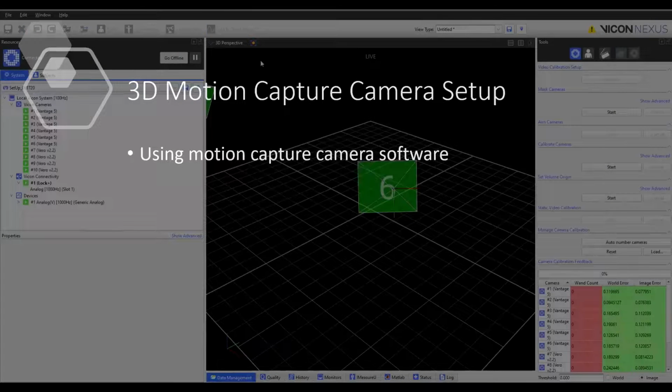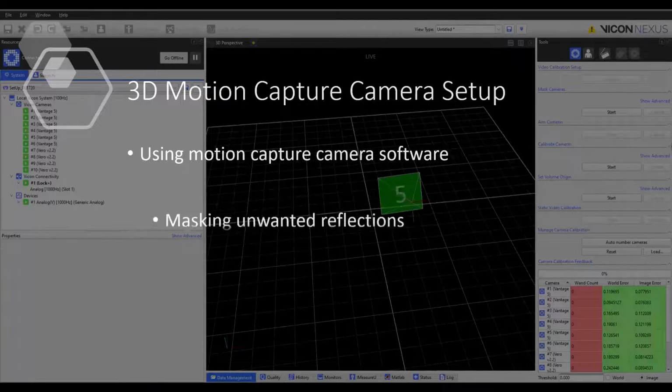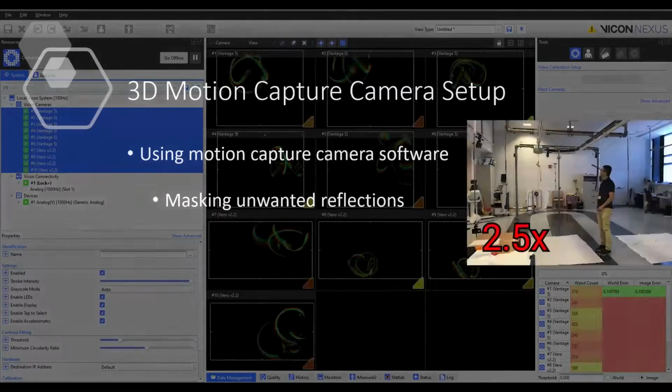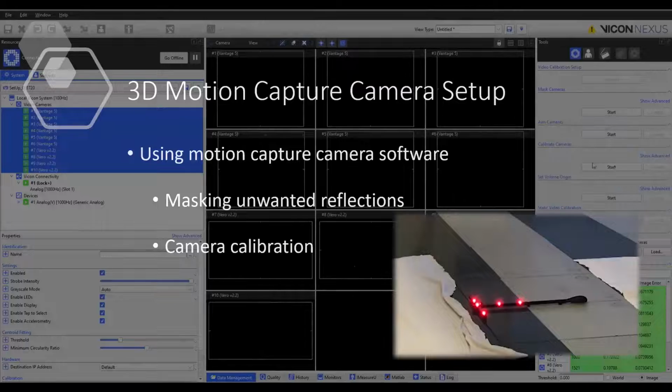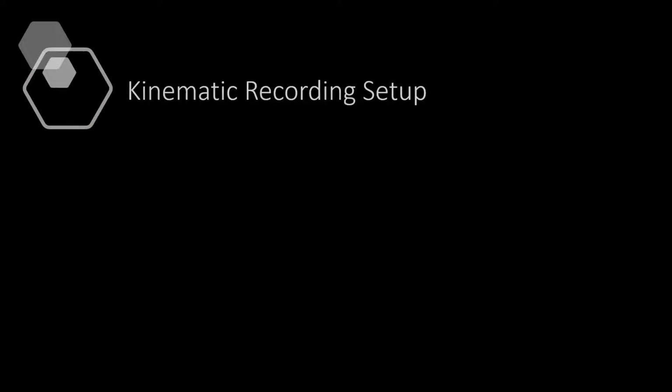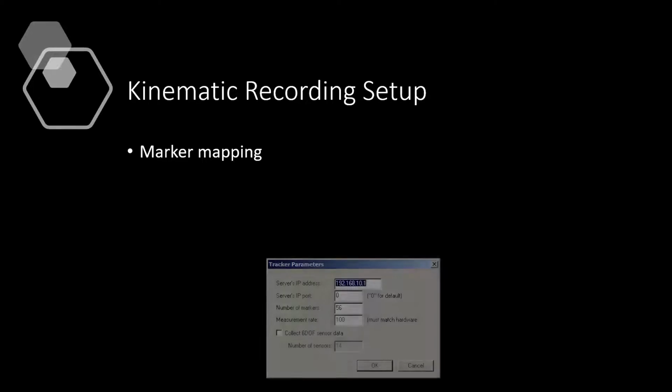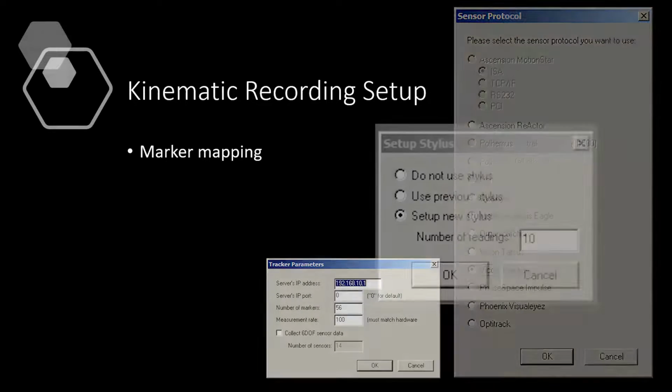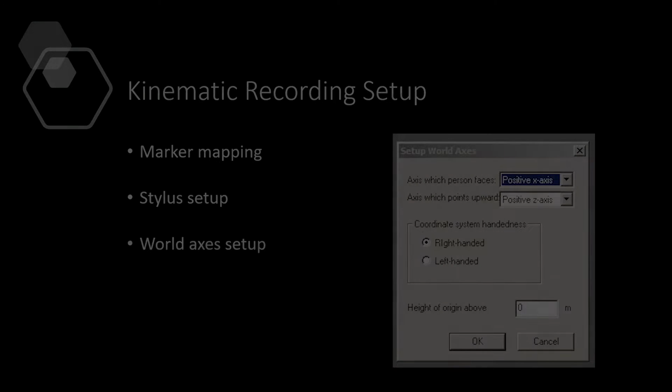Using the Vicon Nexus software version 2.8.2, we set up the motion capture cameras, masking unwanted reflections, camera calibration, and volume origin setup. After that, we set up the kinematic data collection using the motion monitor software. This procedure includes mapping markers, setting up the stylus, setting up world axes, and assigning